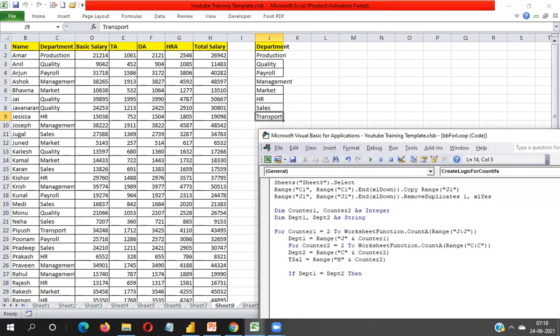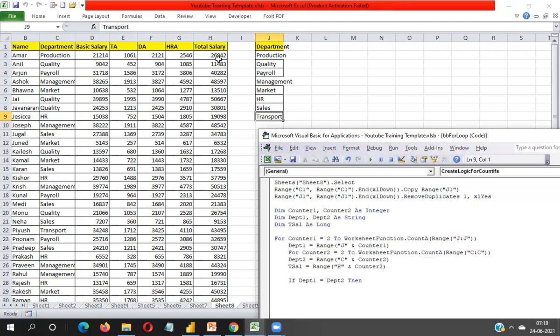Okay. Now what I have to do, I have to declare one more variable here. Dim T cell as long. Why am I taking here long data type? Because my salary can be more than 32,767. The limitation of integer is 32,767.